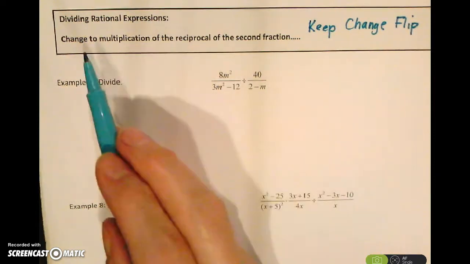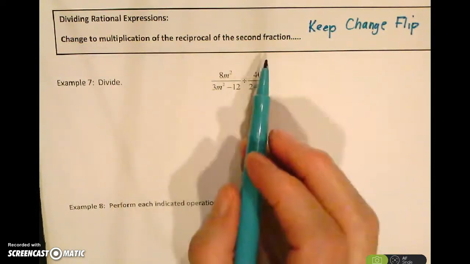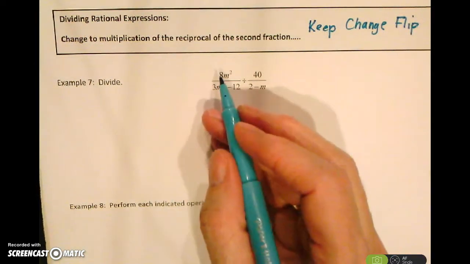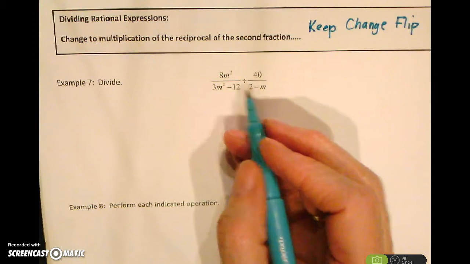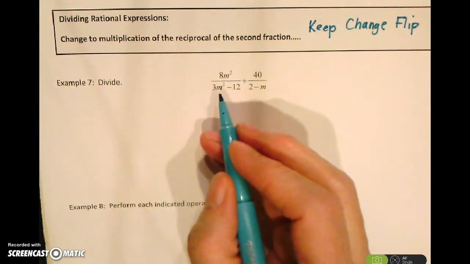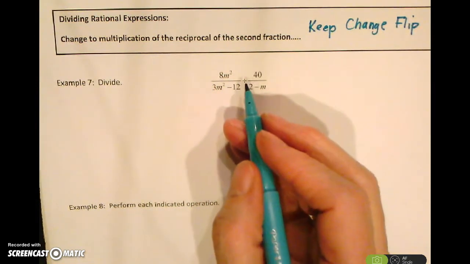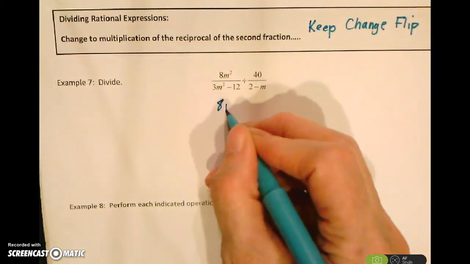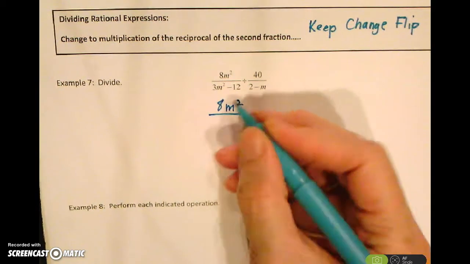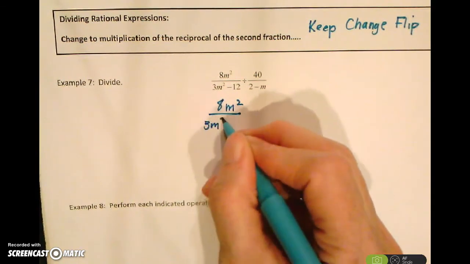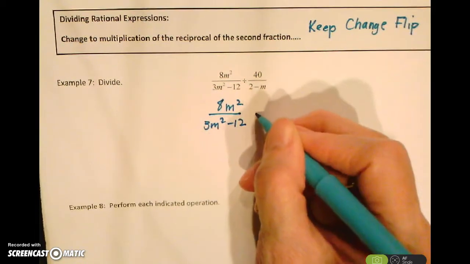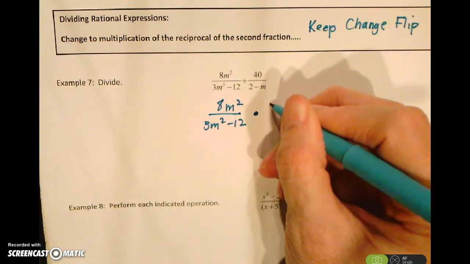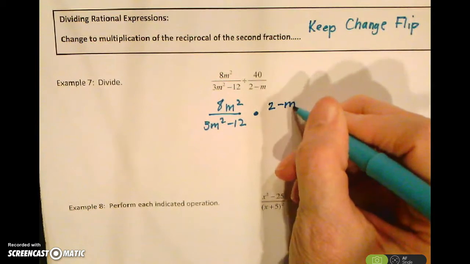And then you're going to continue as if it's multiplication. So here I have a division. So I'm going to keep this the same. I'm going to change to times, and I'm going to flip. So I'm going to have 8m squared divided by 3m squared minus 12. I'm going to change the sign from division to multiplication, and I'm going to flip the second fraction to 2